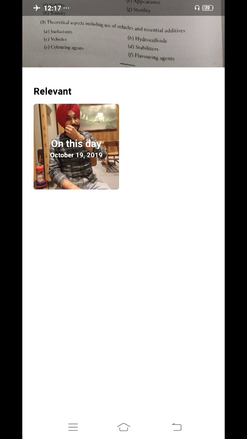The compound in which the quaternary ammonium compounds are being used should not contain any anionic compounds, because the anionic compounds present in the compound may inactivate the preservative. So there is no meaning of using the quaternary ammonium compounds in that compound. So it should be noted, and you should be aware of this thing.